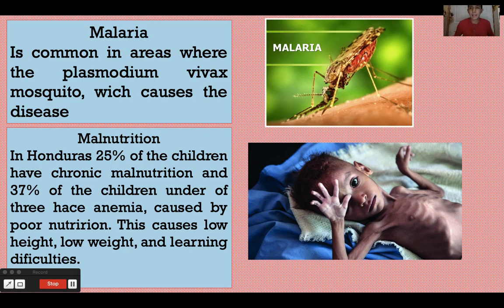Low weight, that means that you don't have too many pounds, if I can say that, that you don't have enough weight according to your age. And learning difficulties. Okay, when a child has malnutrition, he or she cannot focus or learn as fast as his or her partners, because this disease affects their